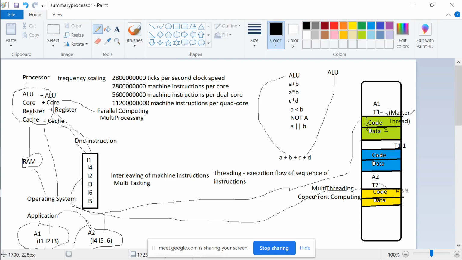The master thread has created some line of code, and this line of code has created this thread. When it created this thread, what happened? This code and data section got free. It may be a function call, which we can say I want this function to execute on a separate thread. Now what is the advantage of creating another thread? For the operating system, it does not matter how many threads there are. T1 is the same as T1.1.